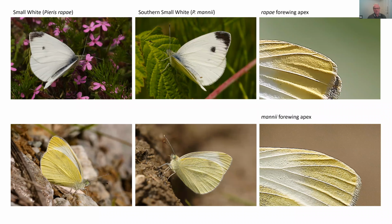A bit less exciting, but it gets people quite excited nonetheless. This is a small white, male, second brood, top left, and the underside underneath it. Southern small white in the middle, with the much larger apical marking and the straight edge to the discal mark here,